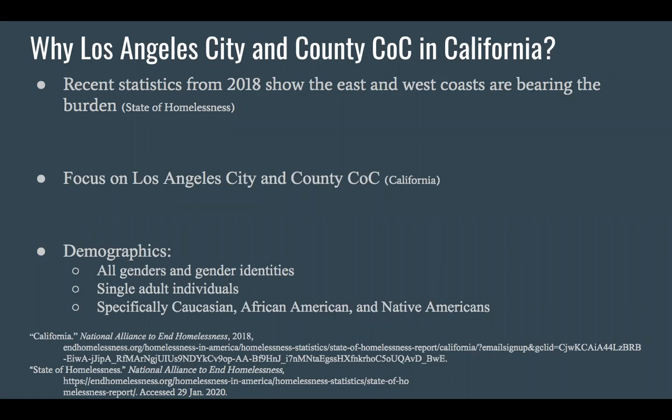So we wanted to focus on the hardest locations hit in California, as we knew that we couldn't help every place in California alone. So we wanted to be very specific in where we targeted so that we could have the biggest impact. So although Imperial County has the highest rate of homelessness per 10,000 people at 100 people, Los Angeles City and County COC, which is just a specific county in California, has less homelessness per 10,000, but they have a higher overall number of homelessness at